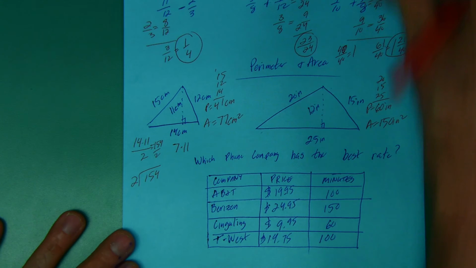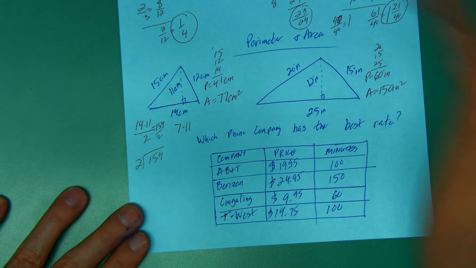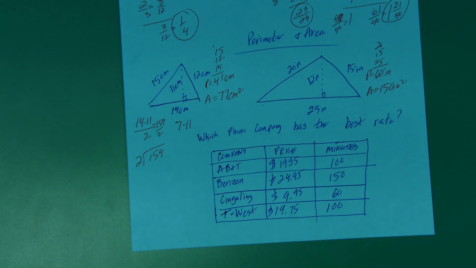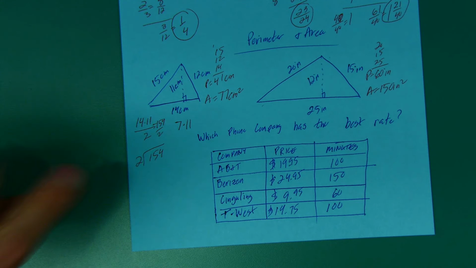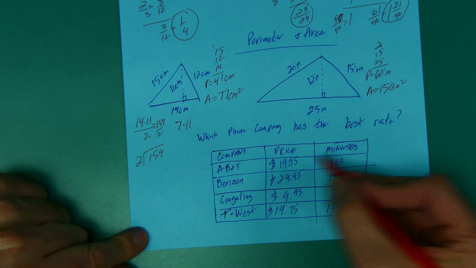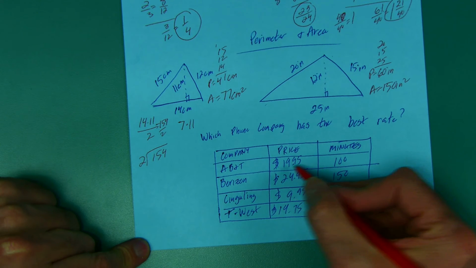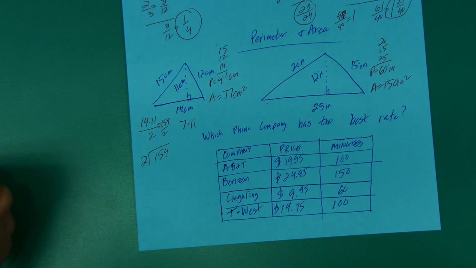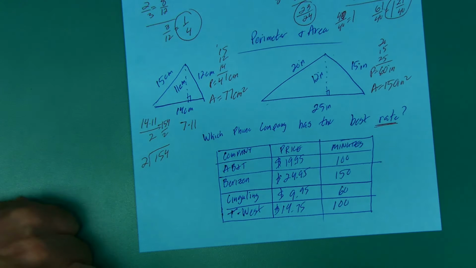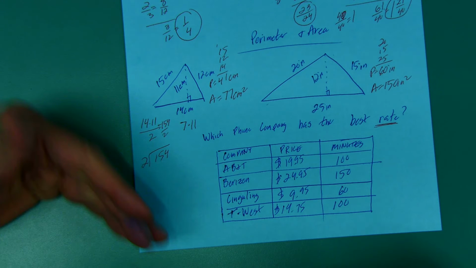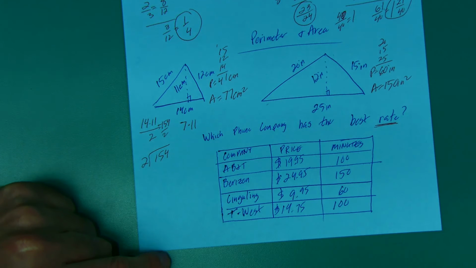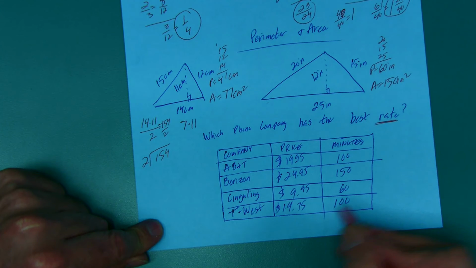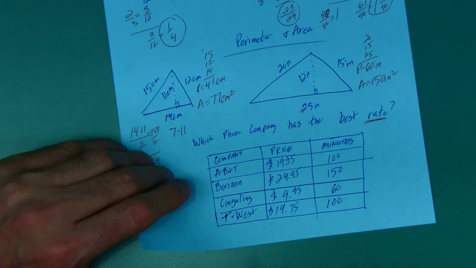Okay, now this rate problem. What's the best deal? And you want to do this. You don't want to be paying more for your phone than you have to. So if the service was the same, you got the same reception with all these companies, you want to get the best deal. What is the best deal? Well, we have ratios. $19.95 for 100 minutes. $24.95 for 150 minutes. What's the best rate? And again, the rate is a ratio where the second number or the bottom number is 1. So we're going to find out how much it costs per minute. Per minute. Okay? So $19.95